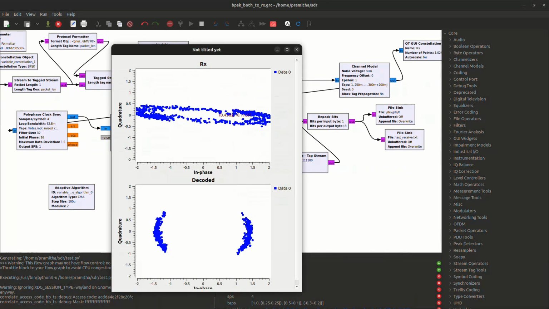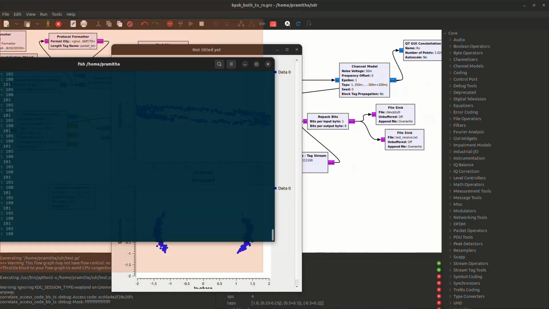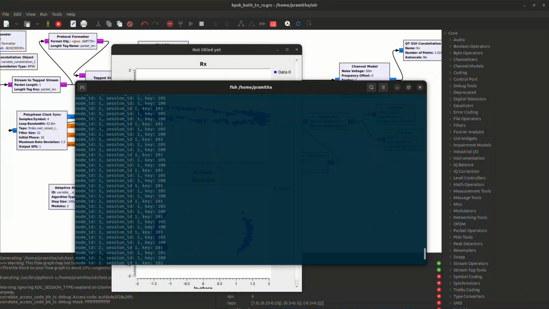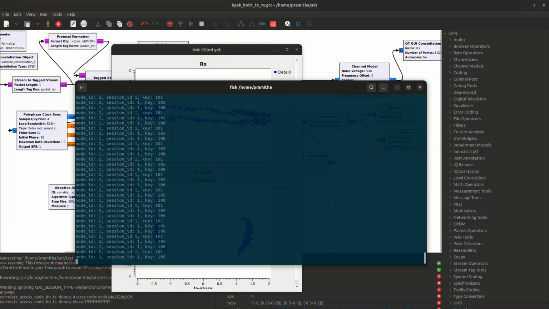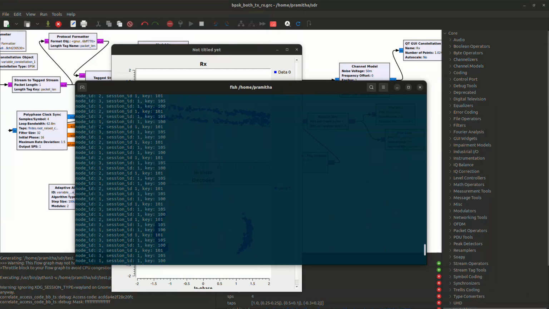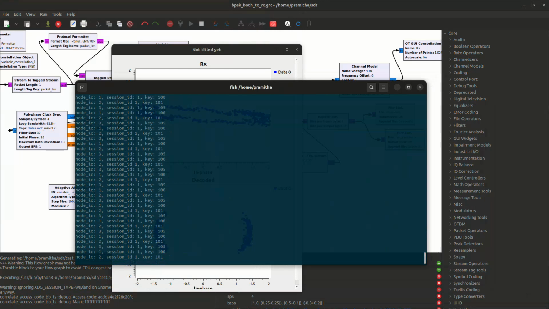If we run this simulation, we can see what the receiver is receiving. It's spread all over the IQ plot due to the channel effect, and once we do the error correction, we can get a clear signal. Since we are using BPSK modulation, this is what we expect. If we see the data we are receiving, here you can see we are receiving keys from 3 nodes. The blockchain client then uses these keys to generate proofs associated with the proof of sense consensus mechanism.